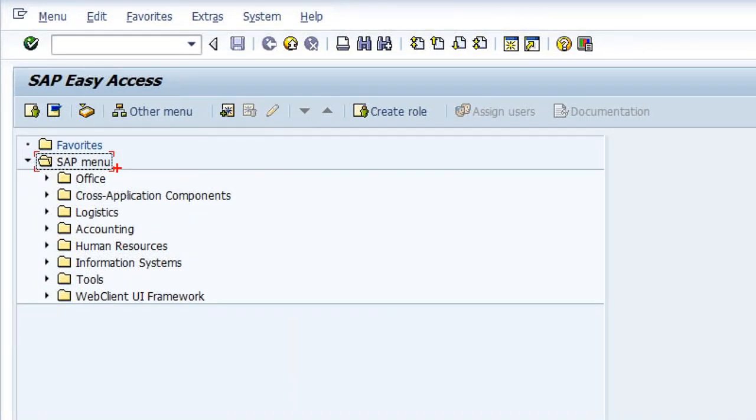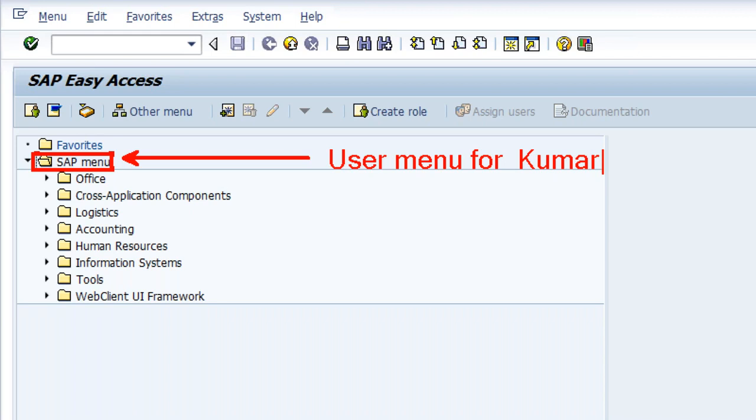That's why whenever we log into SAP, you can observe the SAP menu here. But in real time, the window looks like a user menu for some user, like Kumar. The user menu for Kumar, and the T codes assigned by the organization